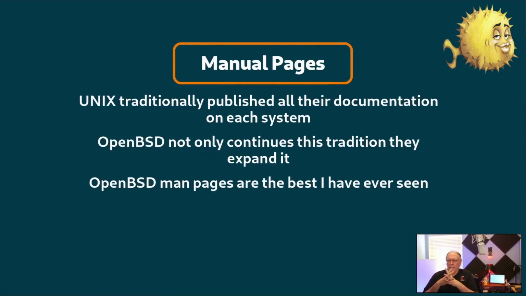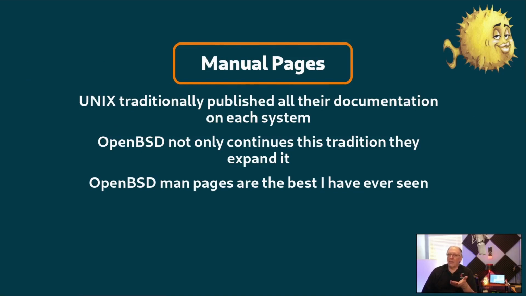So, man pages. In Unix, all of the man pages came with the system. Whether you installed the packages or not, you had the man pages on your system. OpenBSD carries that same philosophy, so if you want to learn about something before you install it, you can do that. Now, the man pages traditionally on Unix were not just descriptions of the command and the options. They also included the reasoning behind it, the purpose, and then examples.